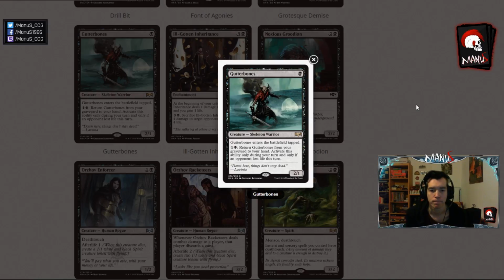can return Gutter Bones to play. Or rather it says your opponent lost life this turn, so any form of life loss works here. But yeah, it's basically similar to Spectacle in a way here to go along with the rest of the Rakdos